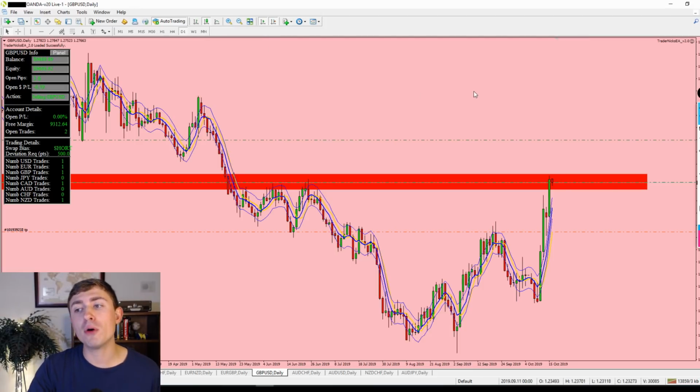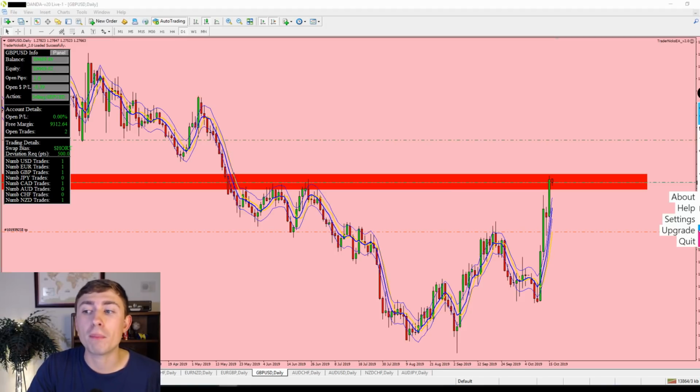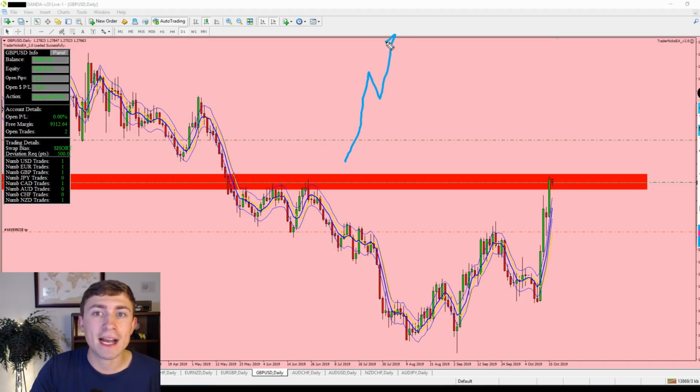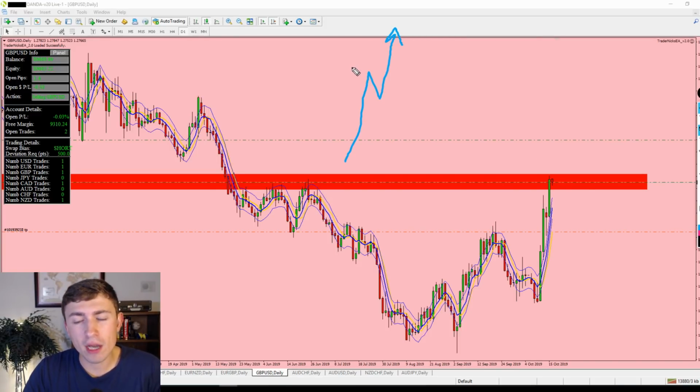And finally, the most important in my opinion is that on the short term, this is looking a little bit overbought, right? Price is looking a little bit stretched to the upside due to the fact that as a market makes its way up and traders are extremely bullish or bearish about a market, what happens is emotion gets involved. So what might be happening right now, I'm not saying that it has to be because we could see the GBP pairs continue higher, but right now it seems that people are chasing the price. They're buying into this thing and adding to positions or opening new positions when it might be a little bit